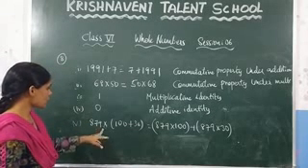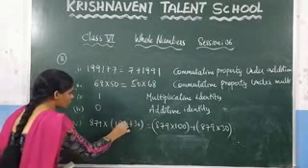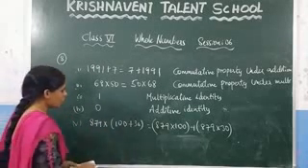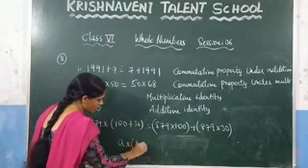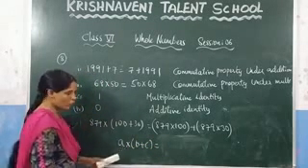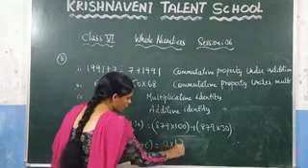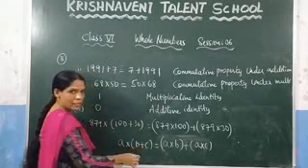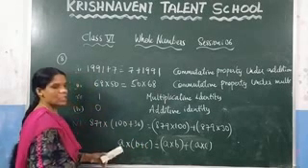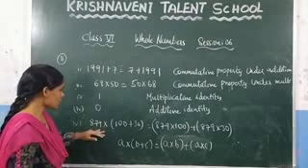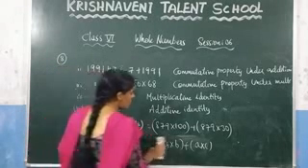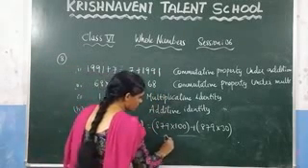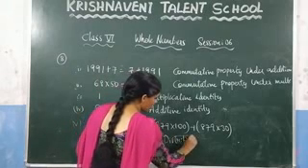And the last one: 879 × (100 + 30). Here you can observe that we are distributing this 879 to both of these numbers. So it is in the form A × (B + C). What is the formula for A × (B + C)? It is nothing but A × B + A × C. This A we are distributing to both of these numbers B and C. This property, the name itself says we are distributing this number to both numbers. We call it the distributive property.